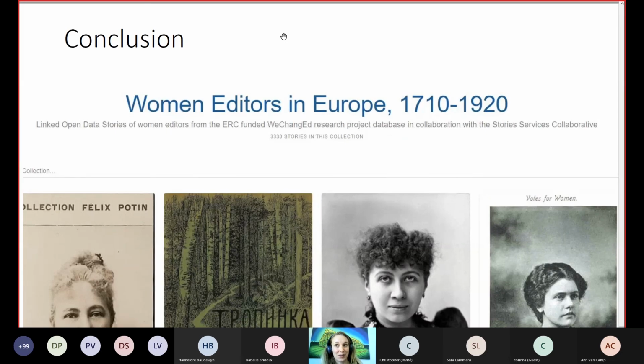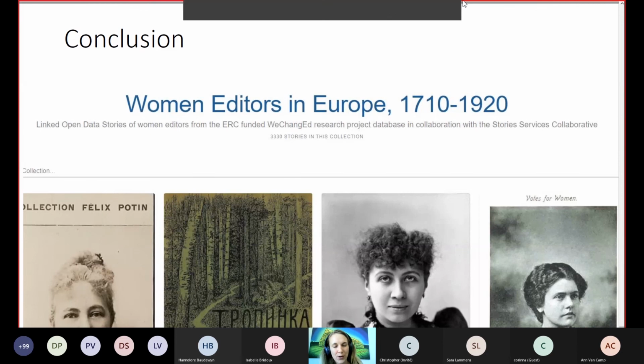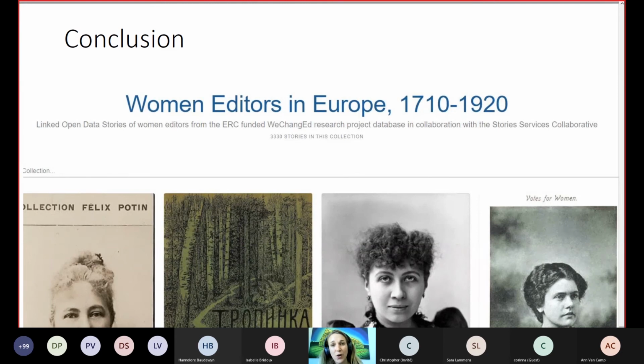All right, in conclusion, I hope that I've provided you today with a clear example of the affordances of linked open data, but also the importance of making information readable for humans and machines. They are two different goals that reinforce each other, and they need to be considered by a team of experts to match the needs of your organization and your project. But I hope that this example also empowered you to realize that you can do this, even if you don't know anything about semantic web, linked data technologies, or modeling. It is possible, and I hope that this provided you some practical insights into some of those processes and steps,